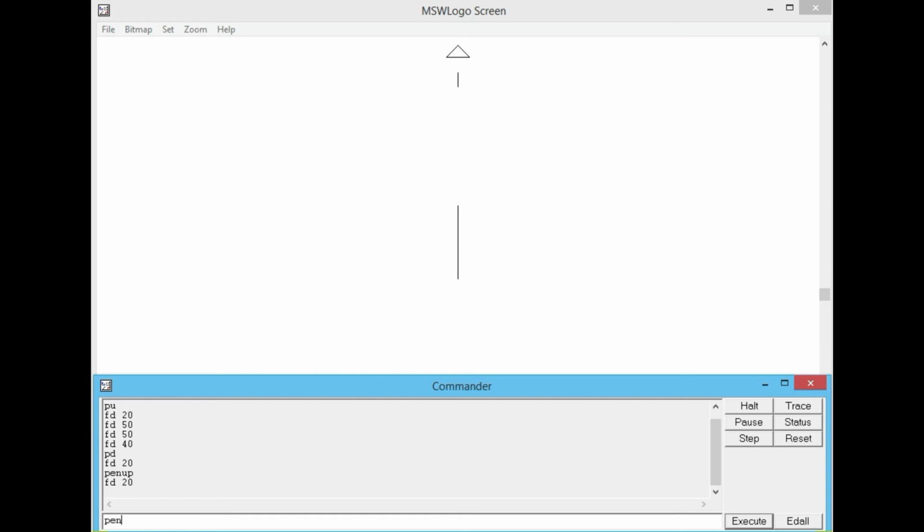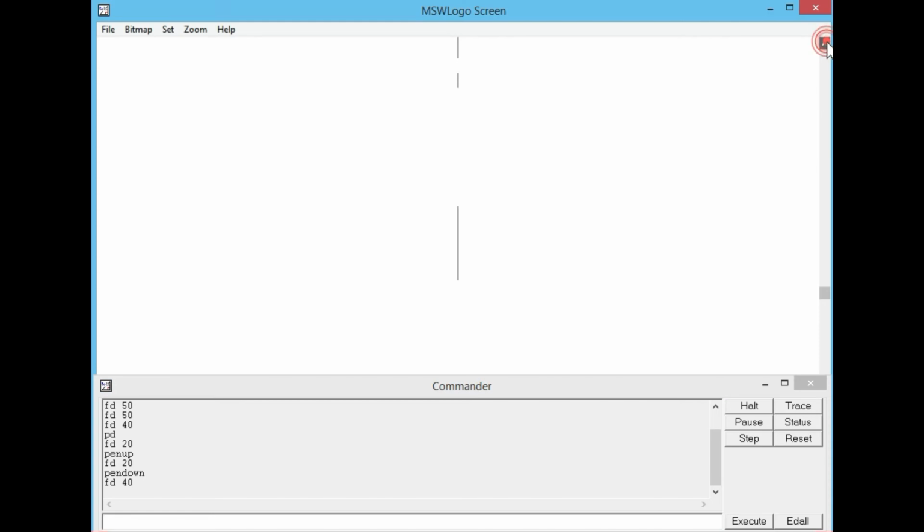Now you can use PENDOWN without the space in between and press enter. Now pen is down and again press forward 40 and press enter. We can see that the logo turtle moves and leaves the lines.